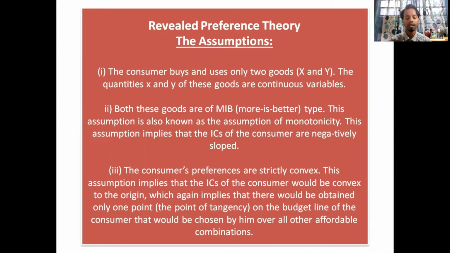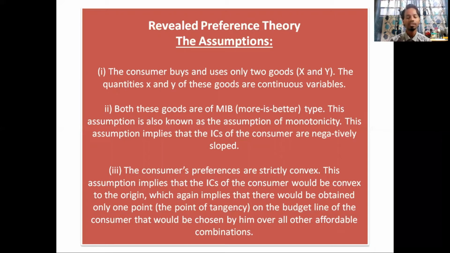As I told you, the budget line as well as the indifference curve are touching in a plotted diagram. The budget line comes from the x-axis to the y-axis bending downward, so it intersects the indifference curve. So this is how it works, which again implies that there would be obtained only one point, the point of tangency on the budget line of the consumer, that would be chosen by him over all other affordable combinations. So my dear students, there are all other affordable combinations 1 2 3 4 5, but